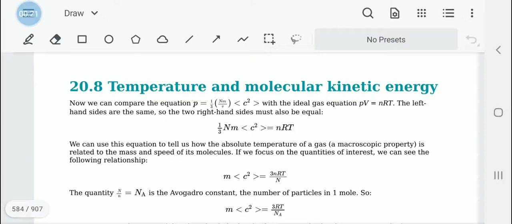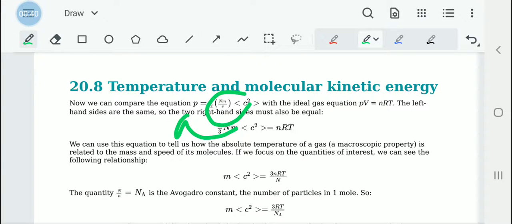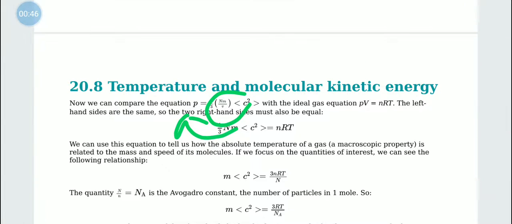So now we developed an equation P equals 1 upon 3 Nm upon V average C squared. Then we can combine this equation with PV equals nRT. So what we can do is we can move this V here to the left hand side and take it as PV. Then once we do that, both the equations would have PV on the left hand side. Then we can equate these two equations. Then we get